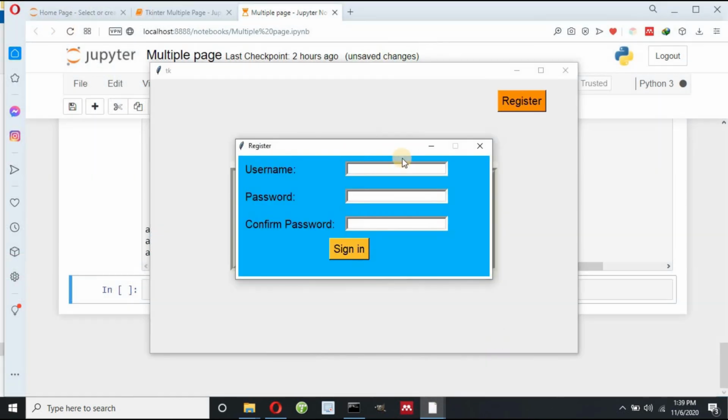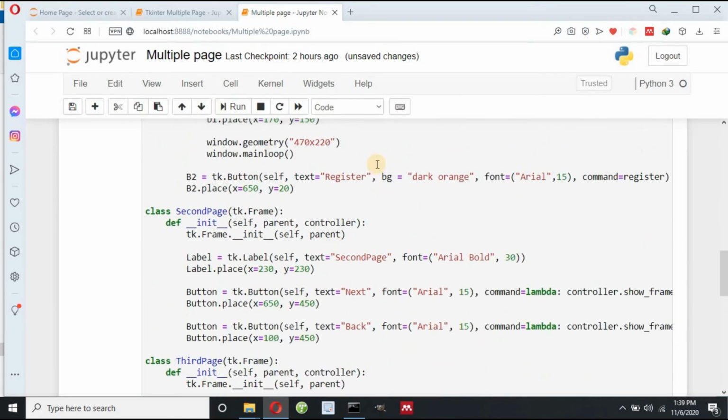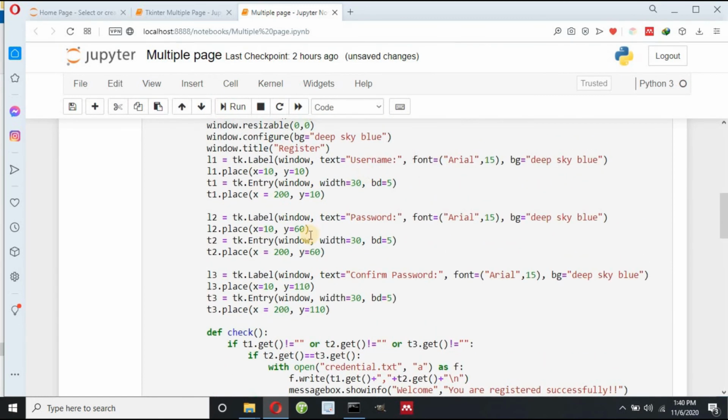Now if I write here username equals to suppose IG tech team, and if I give password, one password, and also I need to write show equals to star. First of all, let me do this. In this password entry I can write here show equals to star. In the same way, in this confirm password I can write show equals to star.